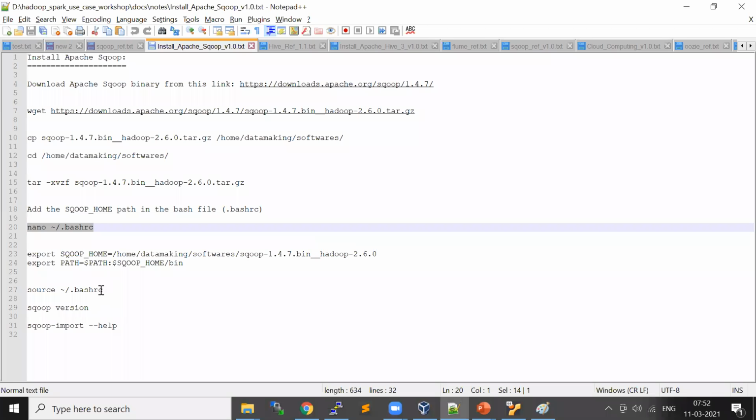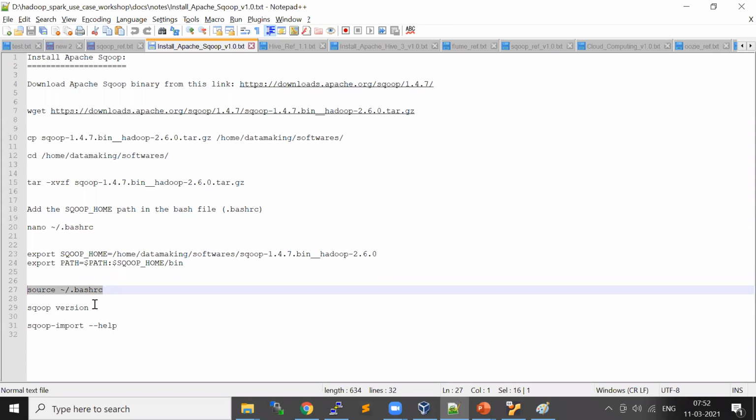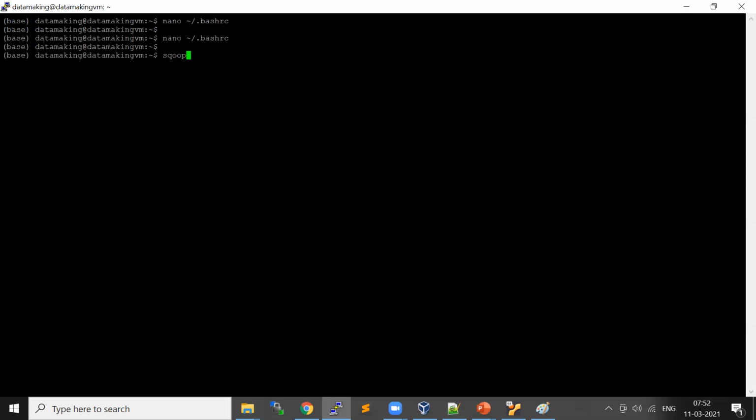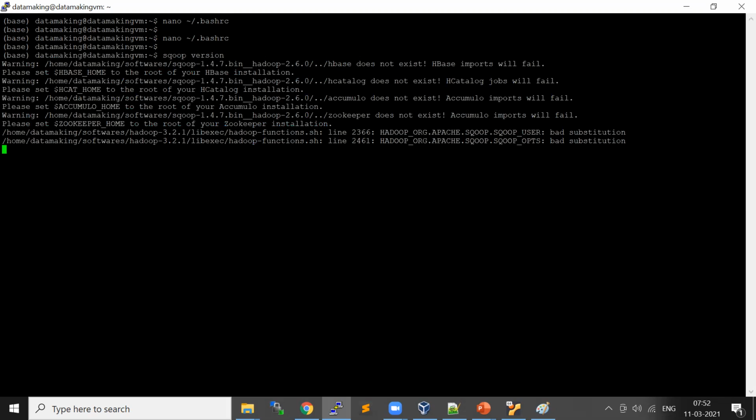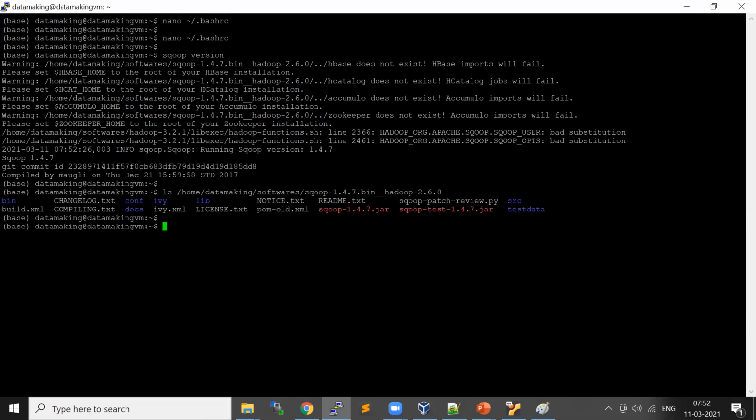Once you do that, refresh your bashrc file using the source command, and you can check the Sqoop version. Sqoop 1.4.7 is the one which is installed. This is my Sqoop installation directory.